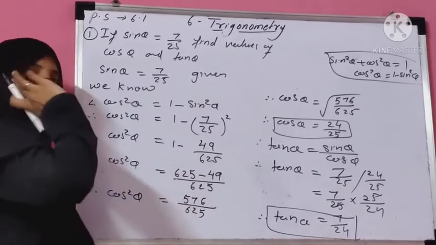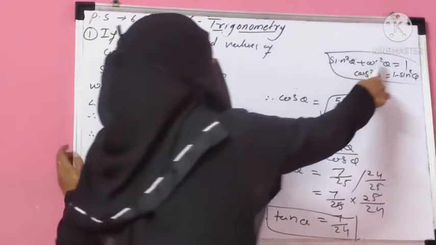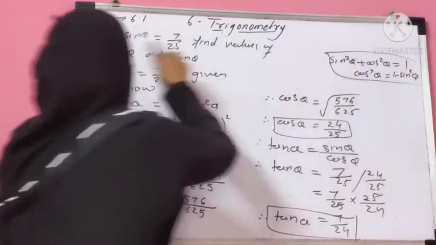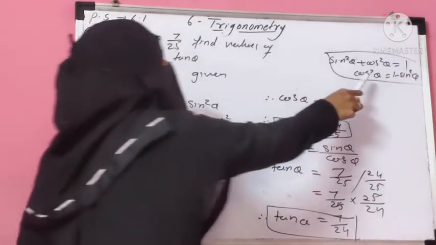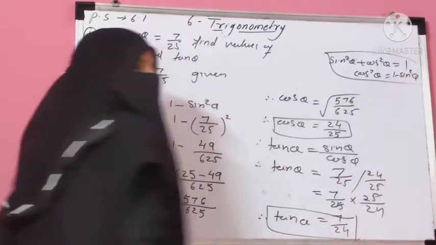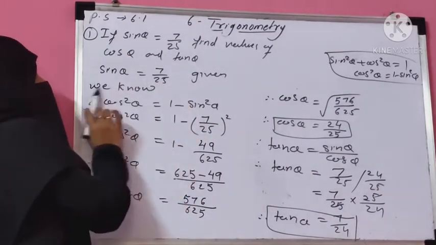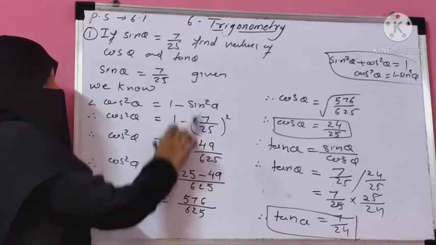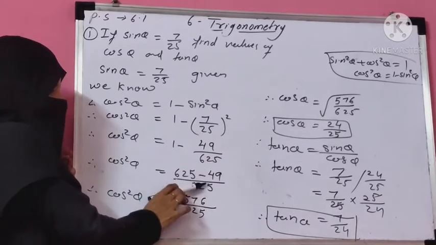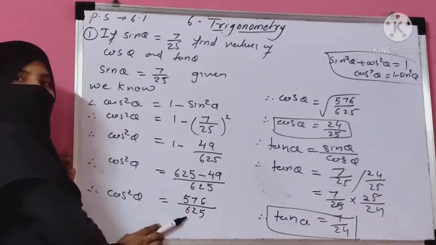Then you recall in your mind the formula related with sin and cos. Sin square theta plus cos square theta is 1. Sin is given and you have to find cos. So the formula for cos is cos square theta is equal to 1 minus sin square theta. Okay, so sin theta is given and we know the formula cos square theta is equal to 1 minus sin square theta. Substitute the value, x square, then cross multiply, then you get cos square theta value is 576 upon